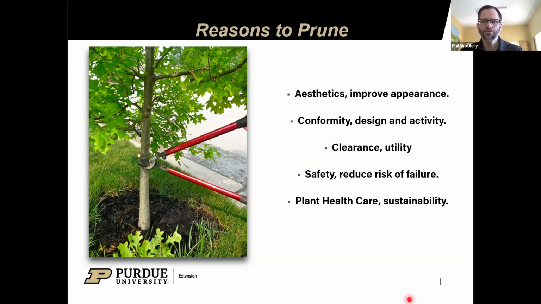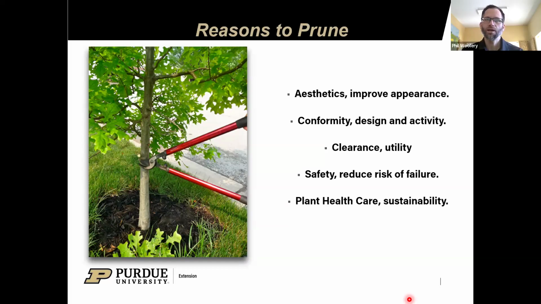and sustainability. So planting trees, everyone likes planting trees, but I think a big thing is maintaining them, because trees have lots of benefits. We've had economic benefits. We can improve our property values. We can lower heating and cooling costs with trees. And bigger trees have more benefits than smaller trees. So